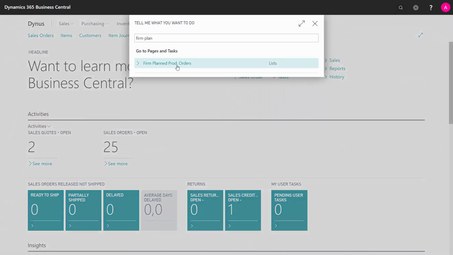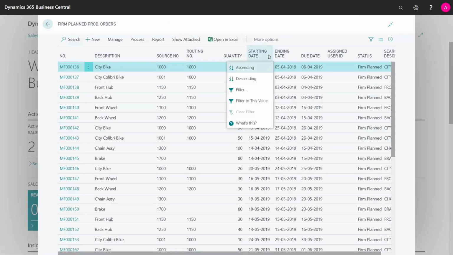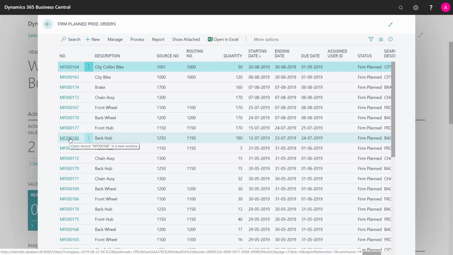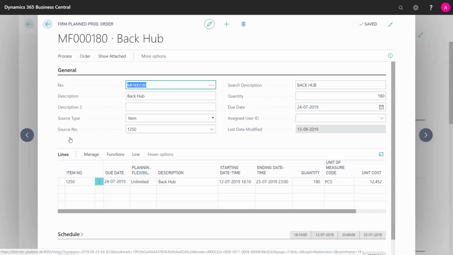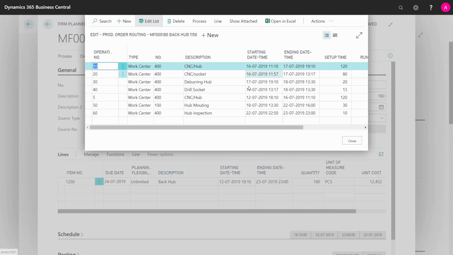When you create a production order, even if it's planned, firm planned, or released, and here I just want to filter on my starting date, looking downwards here, and I have my production order here. In that period, we know we have some allocations. This is a production order. We have created it, and when you create it, it will automatically make routing lines related to that production order line. So these are my production order routing lines.